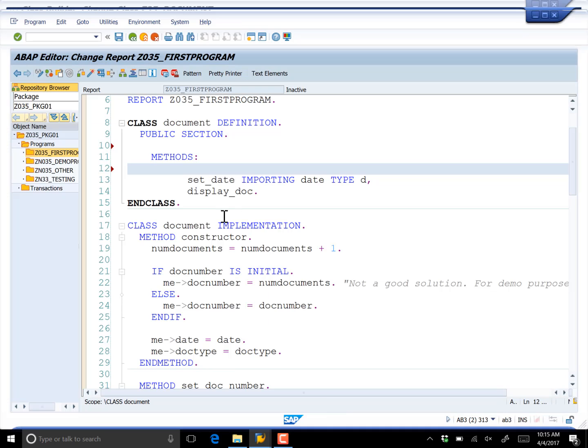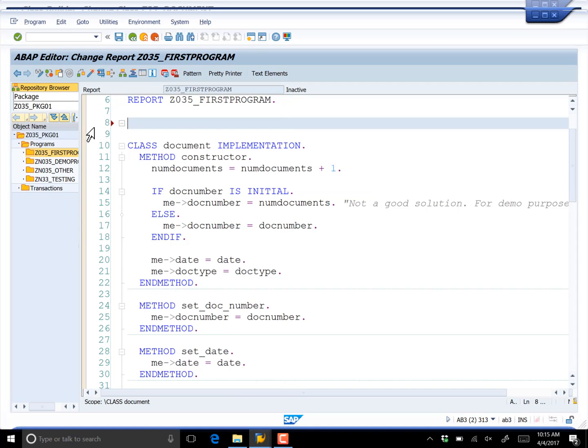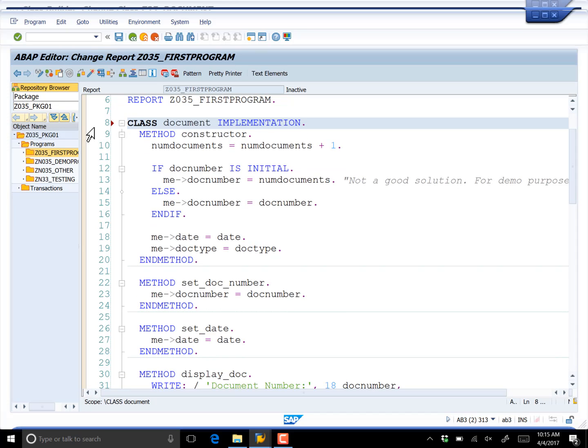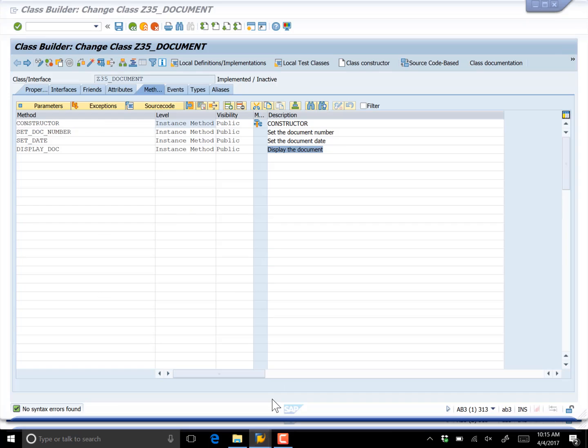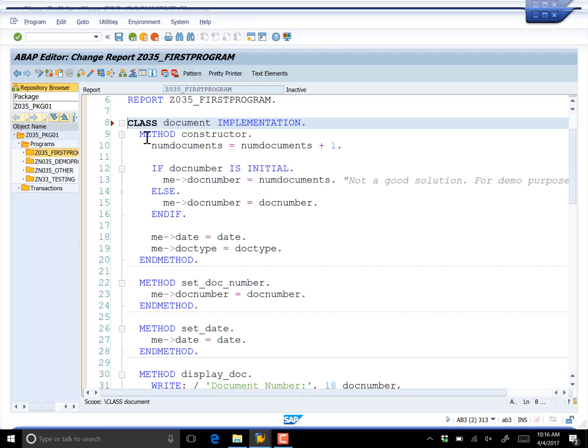So I'll go back to SE80, and you notice now my whole definition has been loaded up. So all that I have left is the implementation. Implementation is the guts of my methods, and this actually is really, really easy. Constructor, I want to set that. There's a few different ways you can get to this, but what I like to do is just come up here to the constructor, double click on it, and it takes me to the code here, and then I can just come here and say, oh,